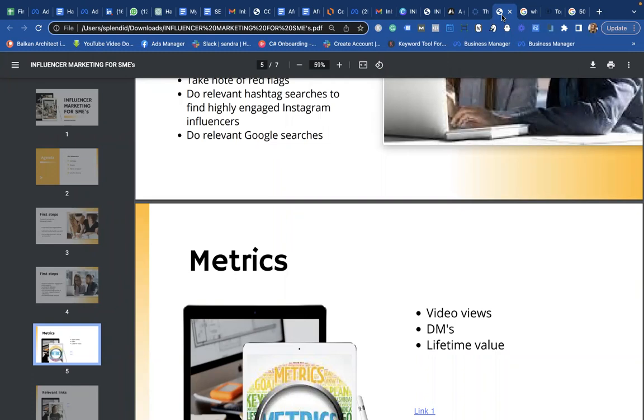Next thing is video views. Like I said, if you did proper engagement research and the influencer posts your content, the influencer should not be having like 2,000 views when the person has posted you. Like I'm using video now, for example. If the person posted your content 6 hours ago or something, except you didn't do your research. So video views are a metric to measure.